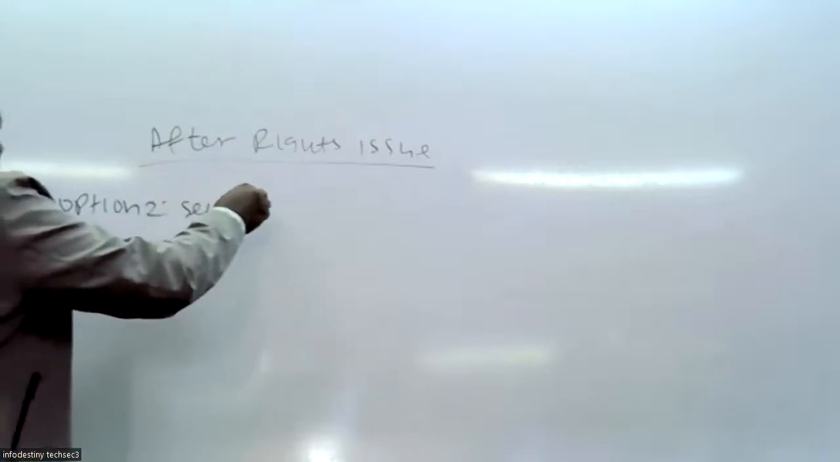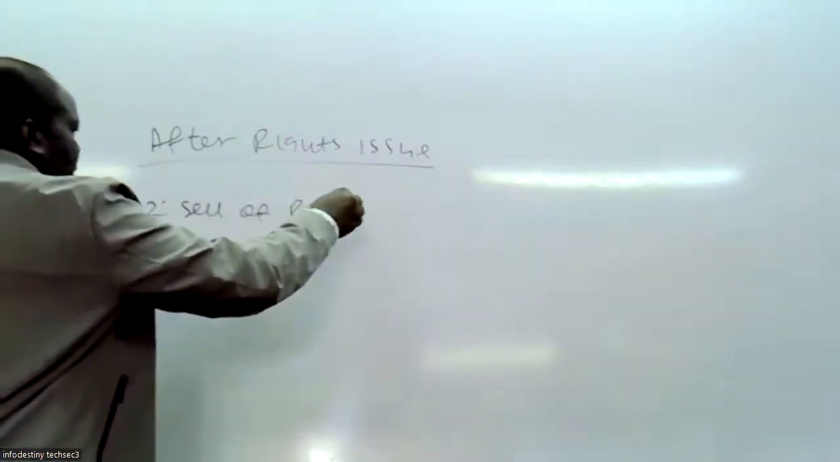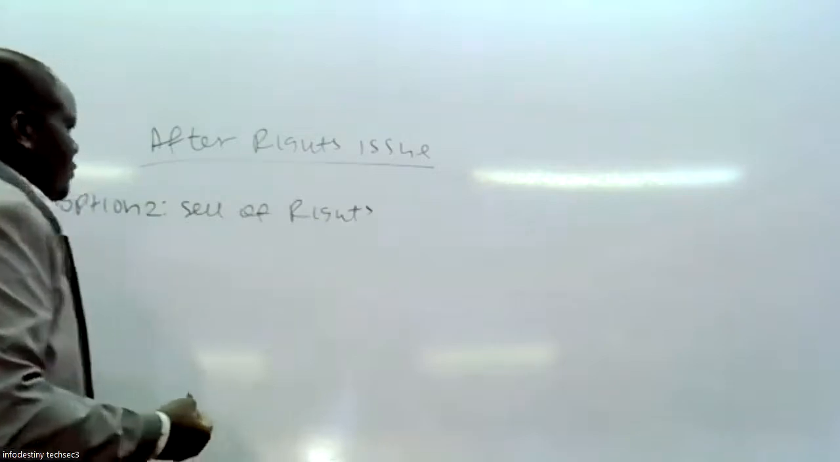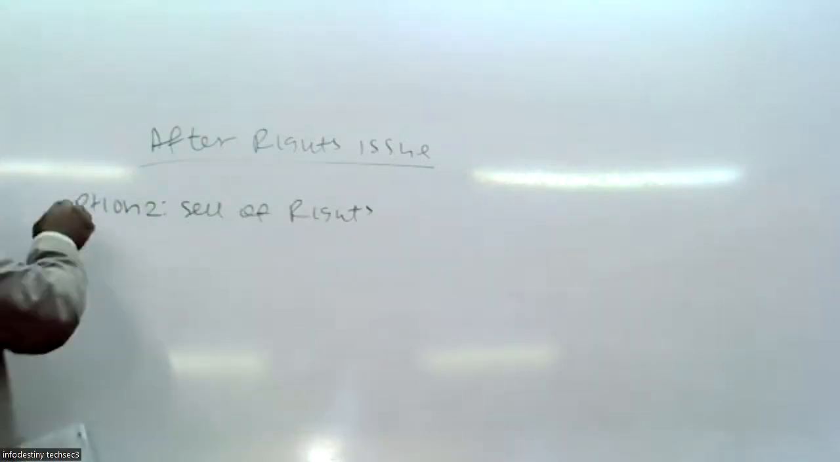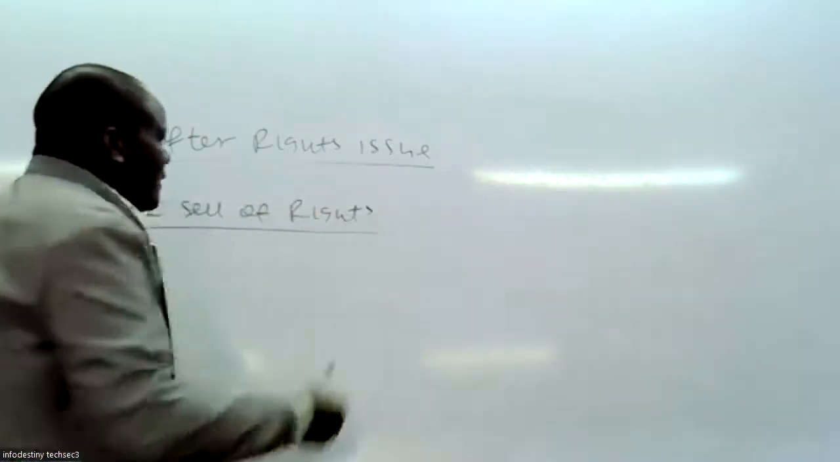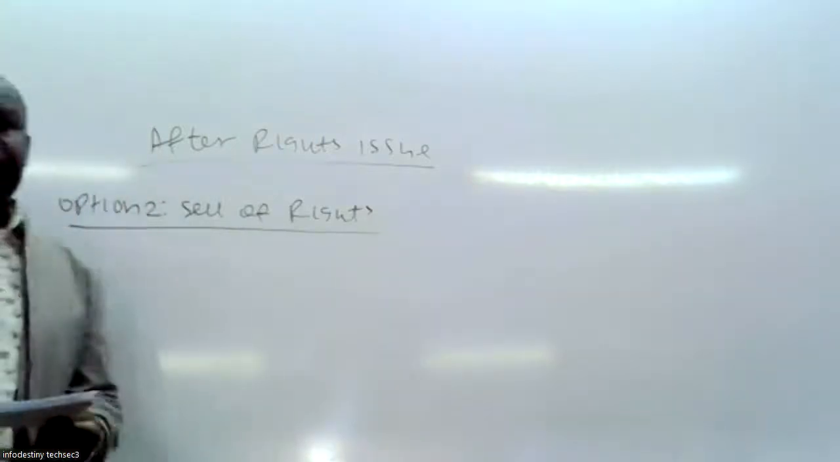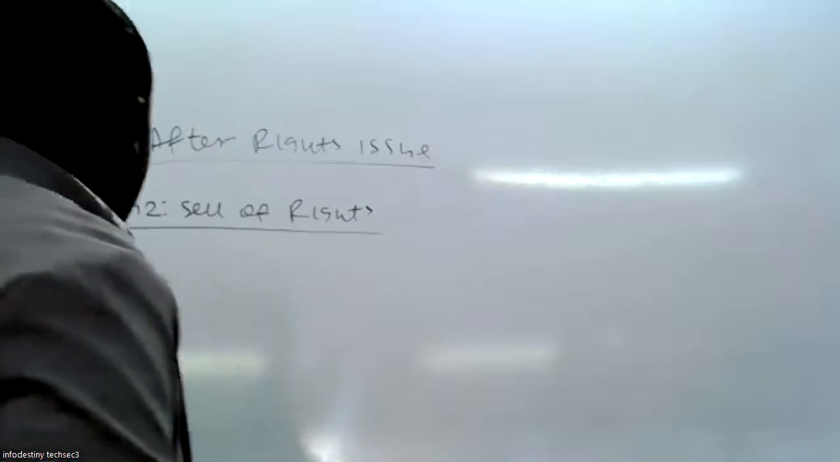It is supposed to be sale of the rights. Now go to option 2 as the sale of the rights. So when it comes to the sale of the rights,